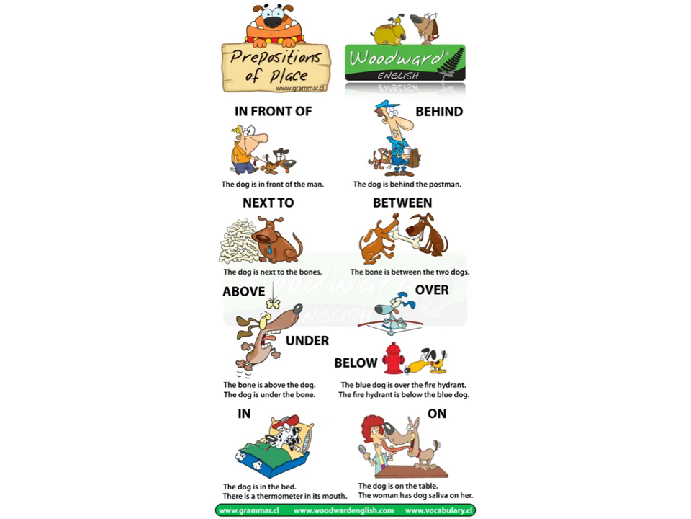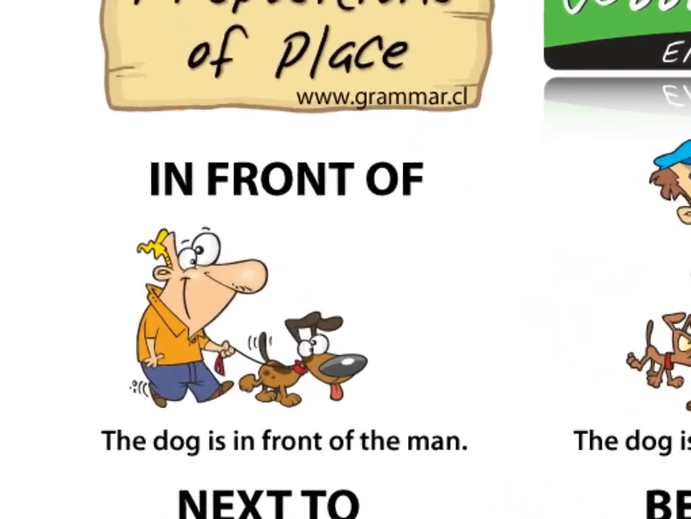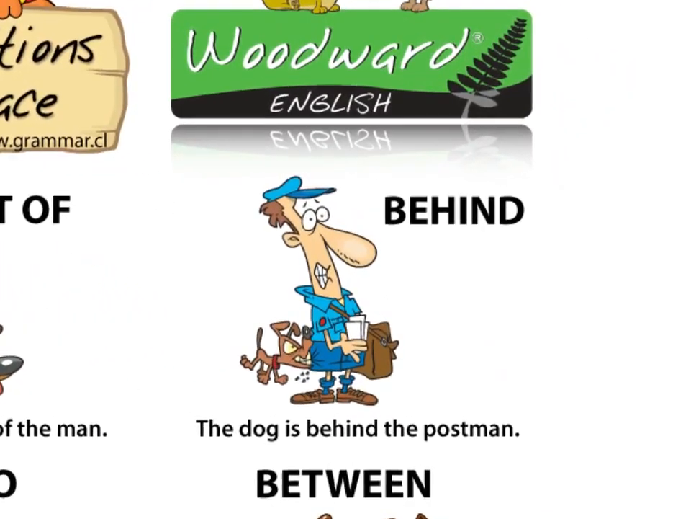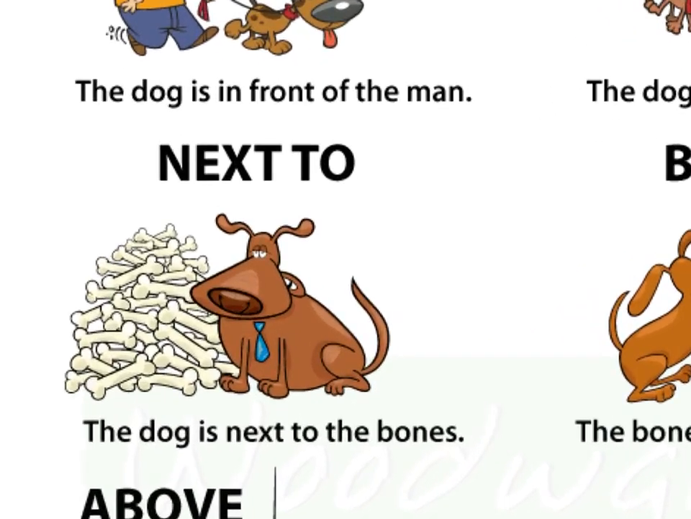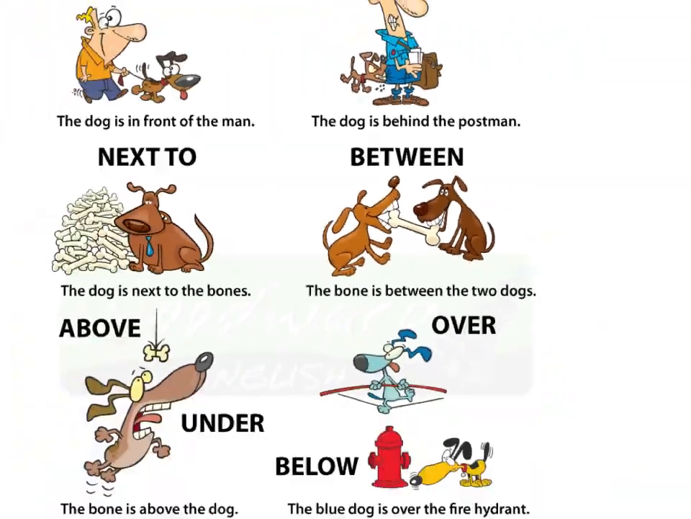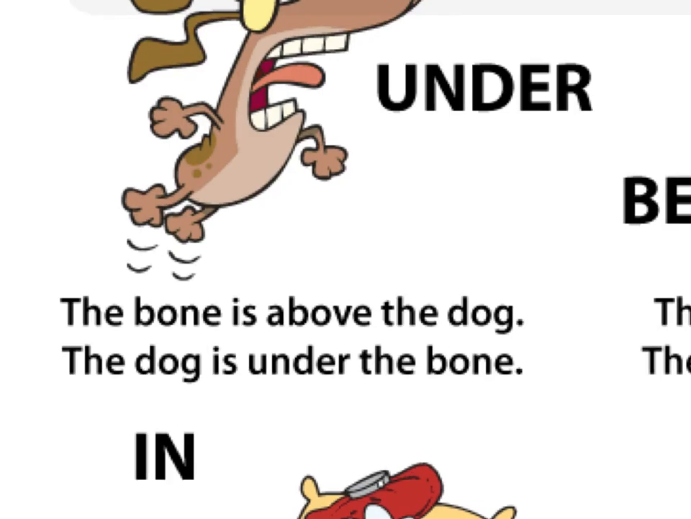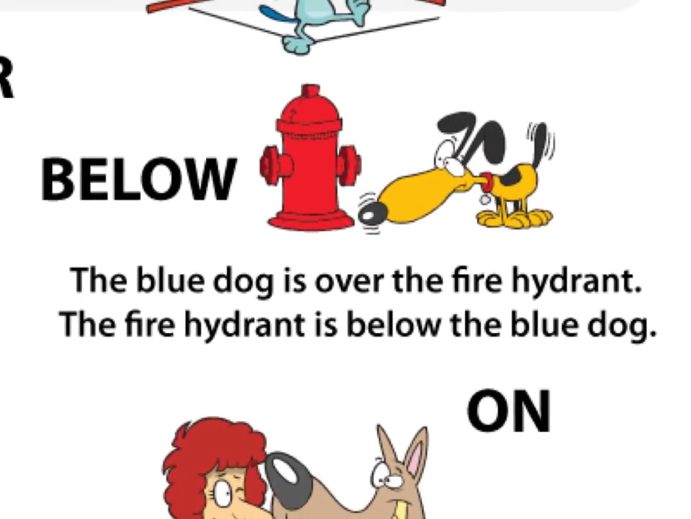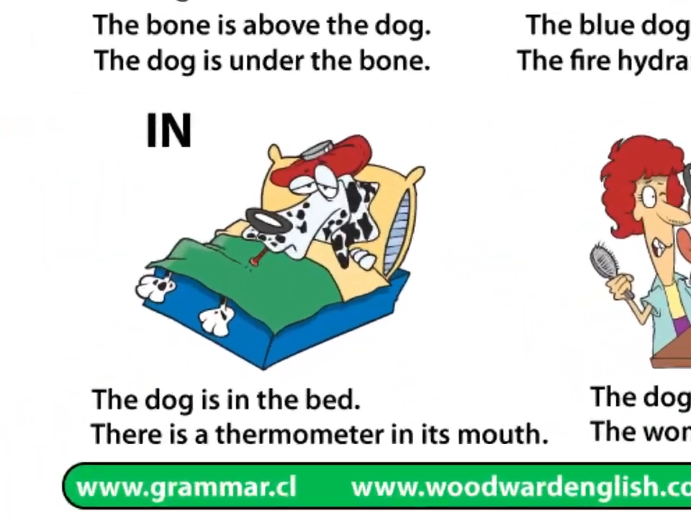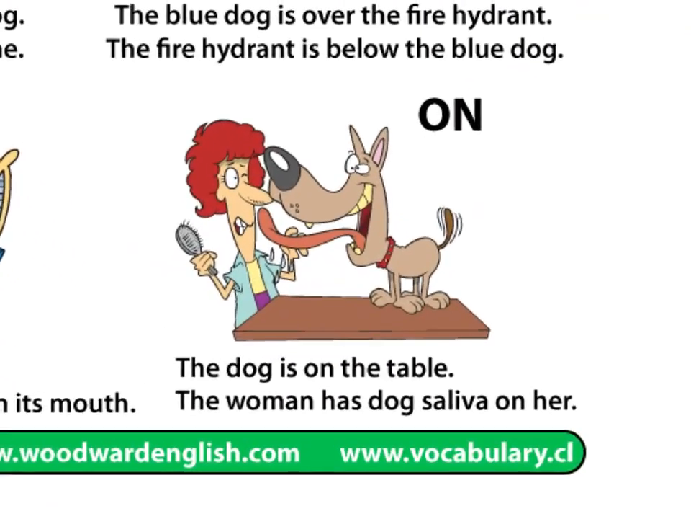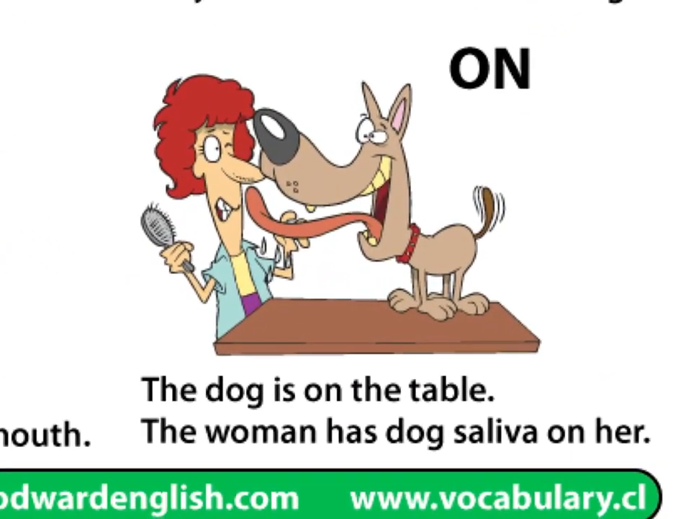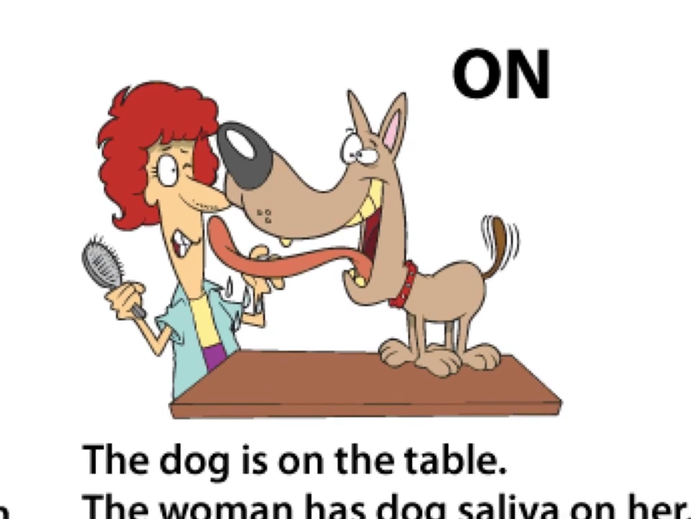These are prepositions of place that we talked about at the beginning of the class today. So you can see an example sentence that is in front of, behind, next to, between, under, below, in, and on. And when you look at a sentence, you should now be able to say, oh,